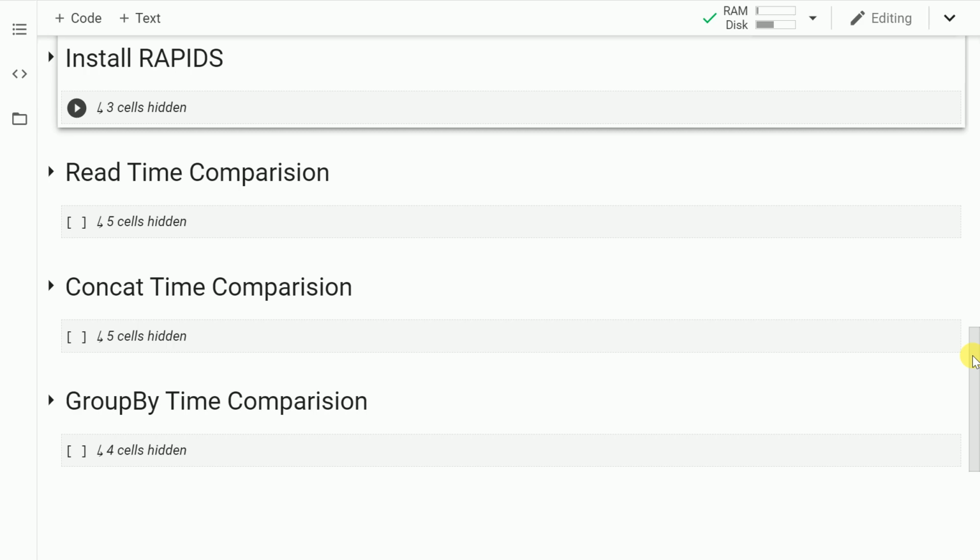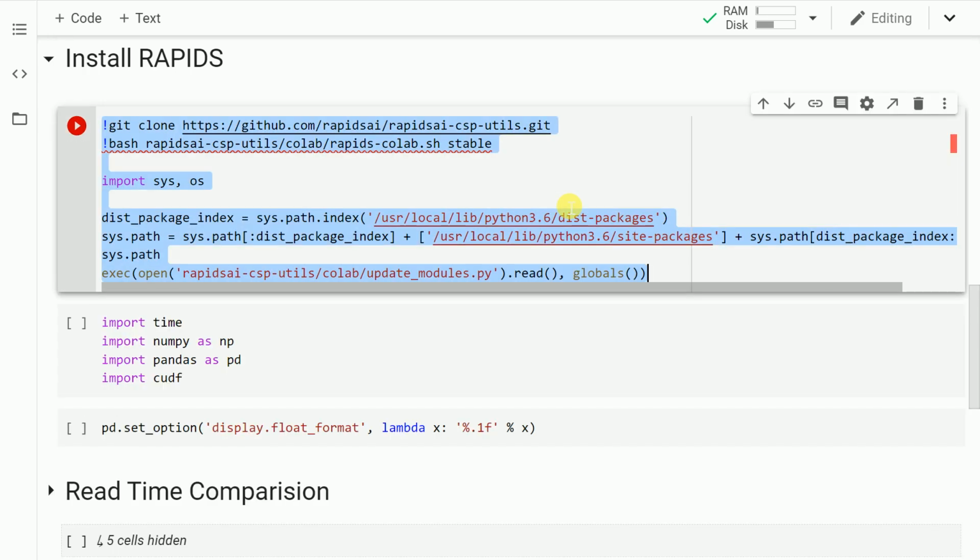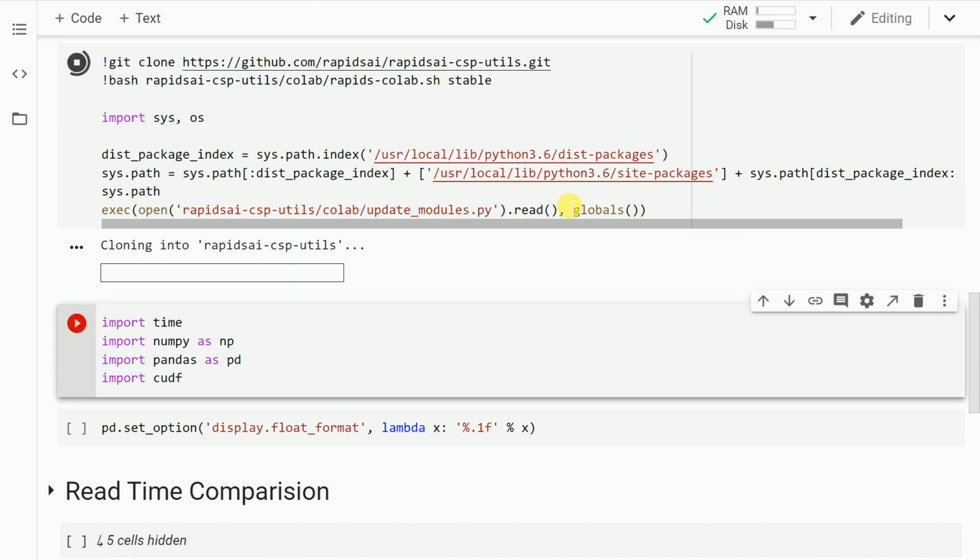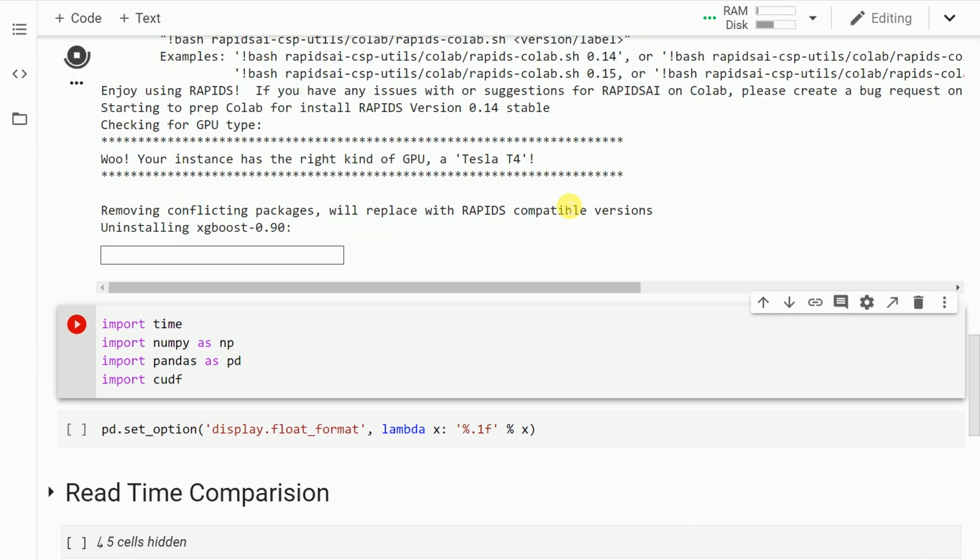Now let's proceed forward and install Rapids. So this piece of code that I've highlighted is something that I've taken directly from the official notebook that existed in the GitHub repository of CUDA data frame. So I'll add the link to the official notebook as well. So feel free to play around with that as well. So let me run the cell. The installation may take a while.